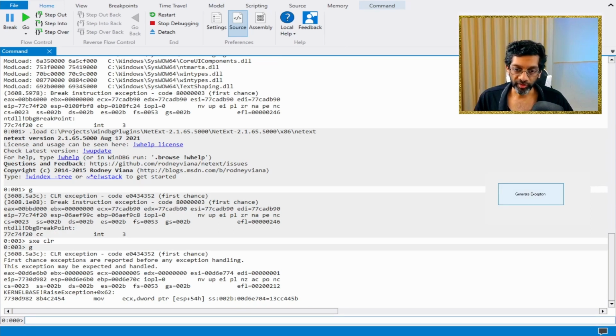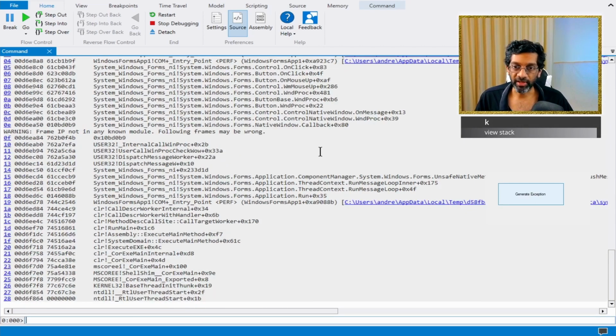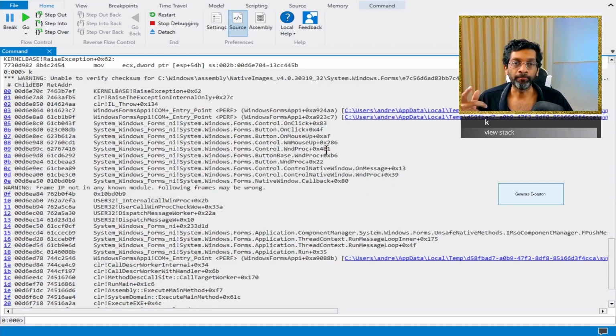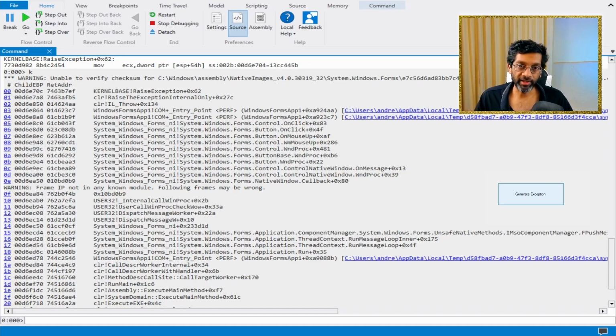Let's try to view the stack. Now this is a .NET application, so if I try to view the stack by typing k, I'm just going to get the native functions. They are not going to decode properly because k is for native stacks. So for the frame in the managed code, WinDBG doesn't know what to do. Technically I can load the SOS plugin, but let's just go ahead and use the native functions and generate